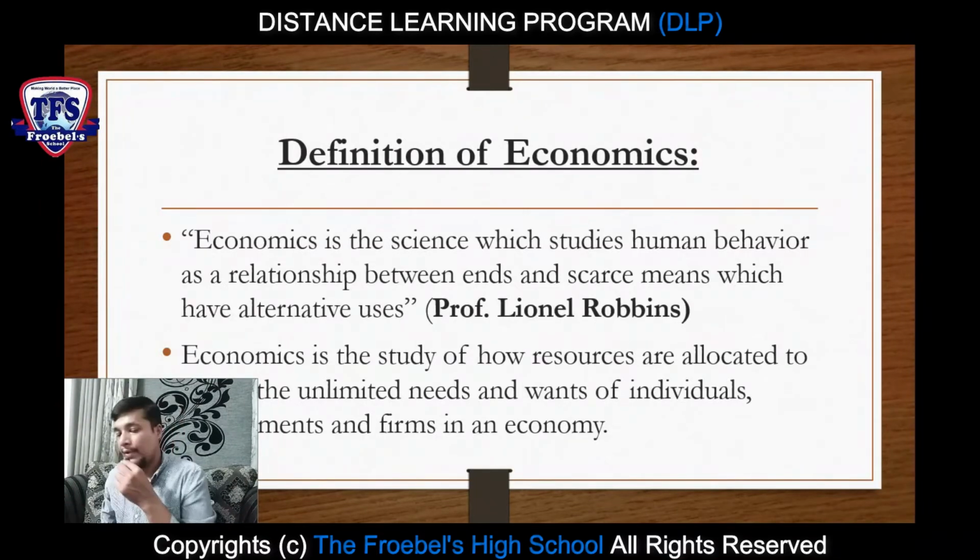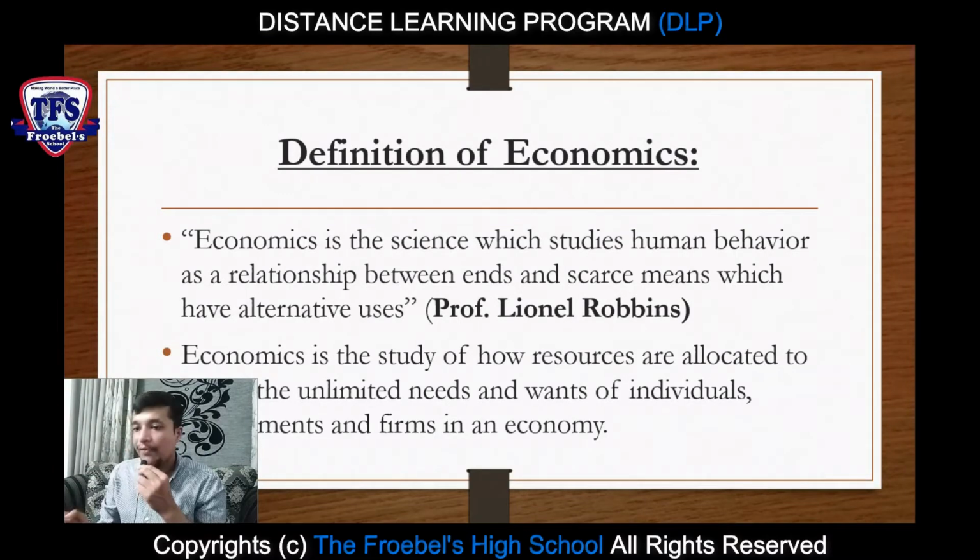In other words, we can also say that economics is the science of unlimited wants with limited, scarce resources. If we are unable to fulfill our desires or wants, we have some other options, some other choices. So economics deals with all those factors that are needed to satisfy our wants. Here is another definition of economics: it is the study of how resources are allocated